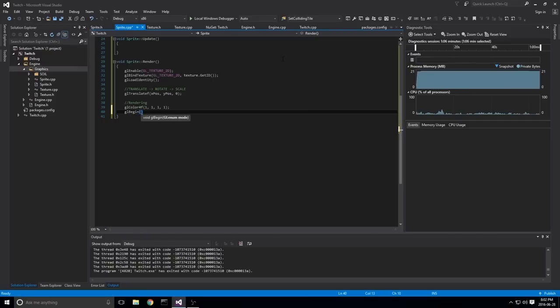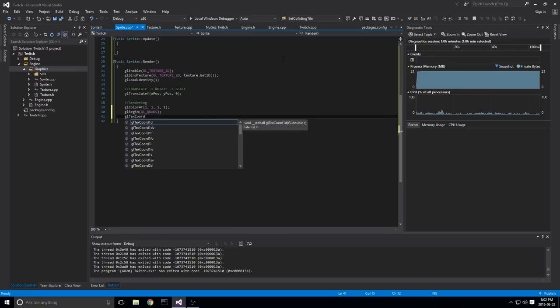And this is going to begin rendering, and we need to give it a mode of rendering. And because we're dealing with 2D sprites, they're usually just quads. So we're going to use GL_quads. Now that we've got this set up, we want to do a function that's basically GL text coord. So GL texture coordinate, and because we're dealing with 2D textures, we only have two coordinates, and F because we're going to deal with floats. So GL text coord 2F. Now we give it the text coordinate.